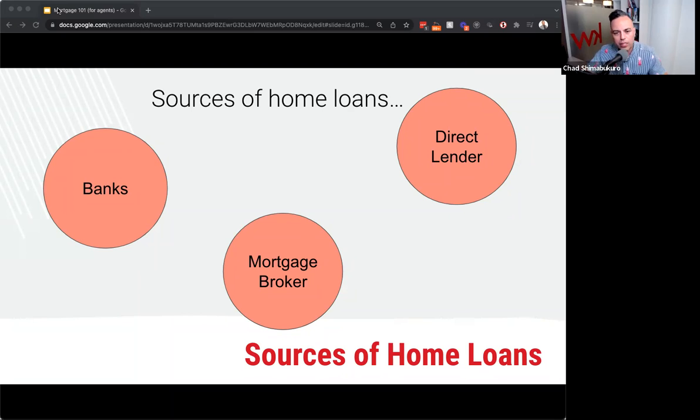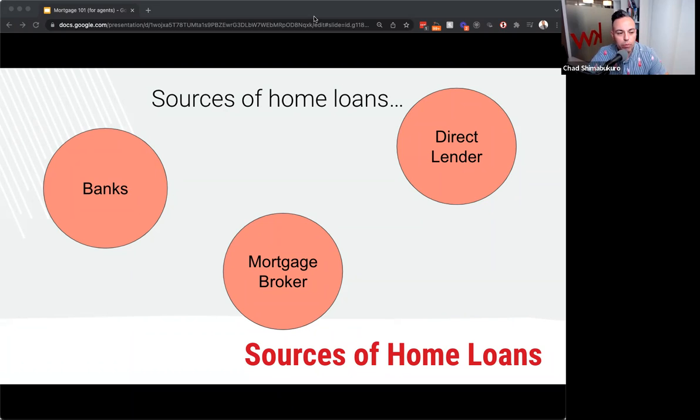So from the home loan perspective, they don't have the same sense of urgency as another type of company would. Could they offer some sort of special? Sure, that happens from time to time. Most banks, though, are not what they seem in terms of the interest rates. As I mentioned before, and I have another slide on it, the cost to do business with a bank or a brick and mortar credit union is usually much, much higher than dealing with a direct lender. And they take longer as well. So that's one source, a brick and mortar bank or credit union.